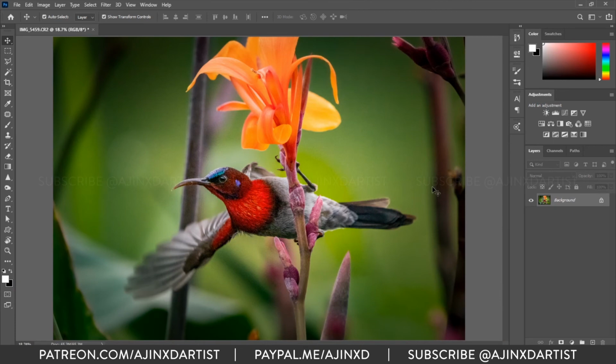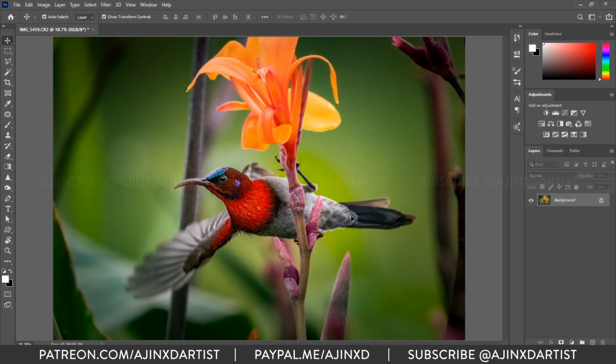Okay, so as I was saying before, I would like to remove this portion of the image. Well, not the image, but this part which is a bit distracting right now. This side is still of the same color, so it really won't affect the attention of the viewer. It goes right to the flower or the subject, that is the sunbird here. So I'll show you how I remove this.